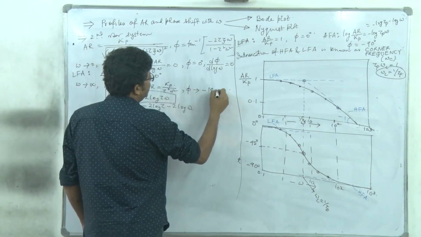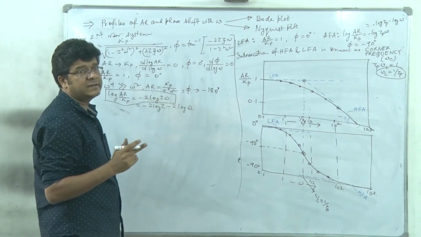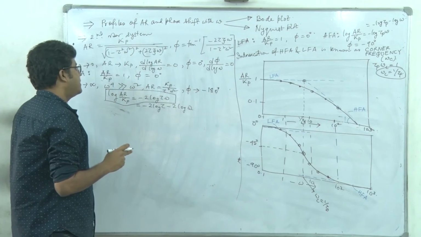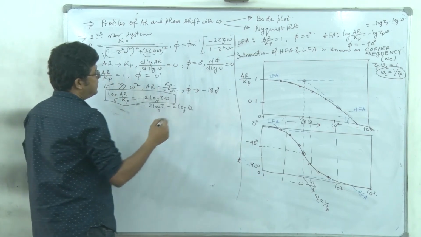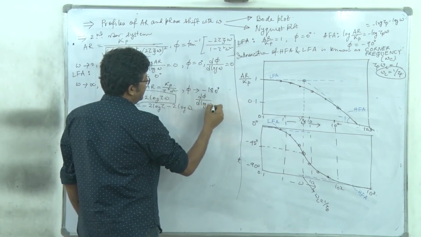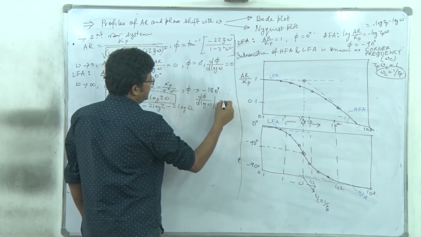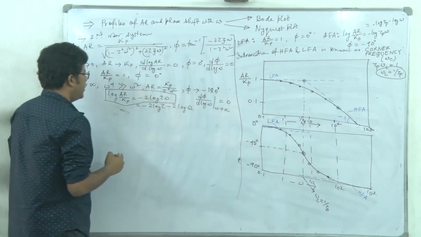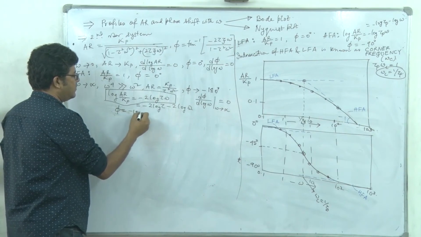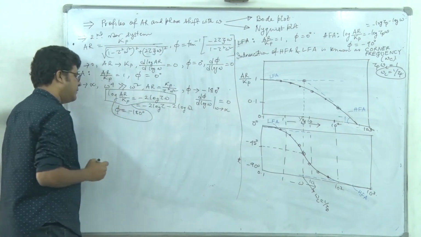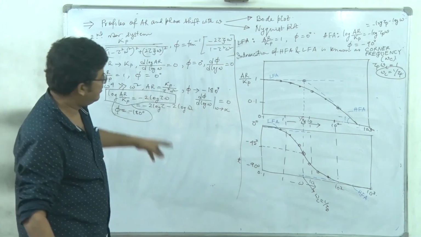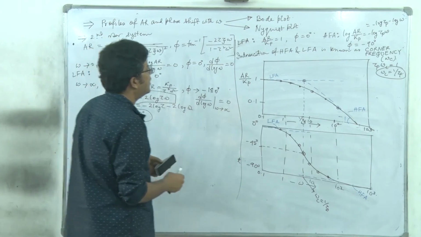And that is also consistent with tan of phi equal to 0 degree. Right? So if I again go for d phi d log omega, with omega tending to infinity, we will get this to be 0. So this is one equation. Another equation will be phi is equal to minus 180. That is the equation for the phase shift. So done. Next, we will plot this. The respective Bode plot we will try to find out.